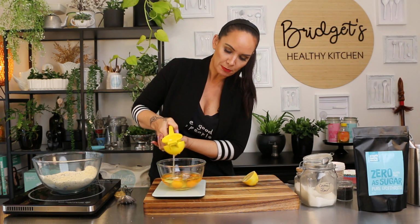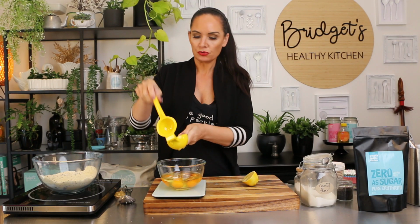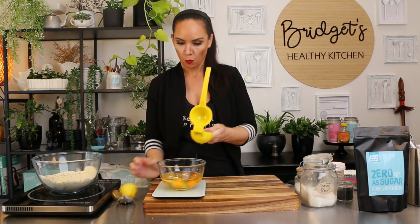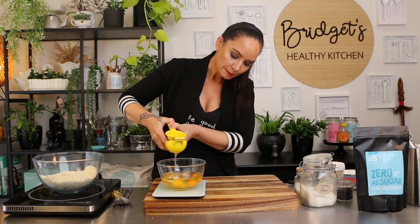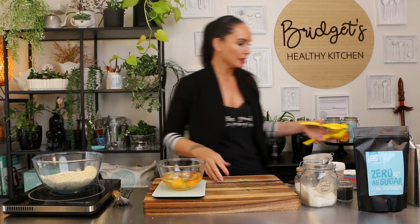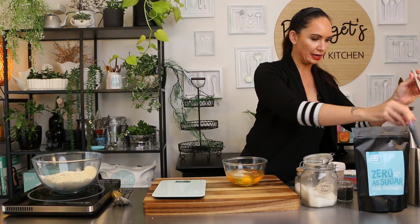So we're going to be adding 30 mils or 1 ounce of freshly squeezed lemon juice, and of course depending on how juicy your lemons are will determine how many lemons you need to use, but we're aiming for 30 mils or 1 ounce. So that's all good, and that's all done. Happy with that. Give these things a bit of a whisk together,